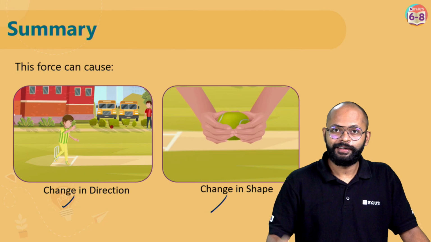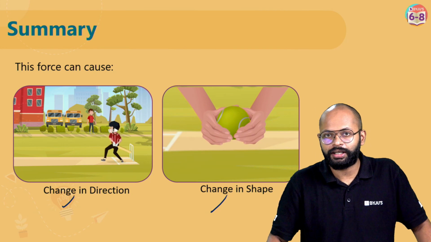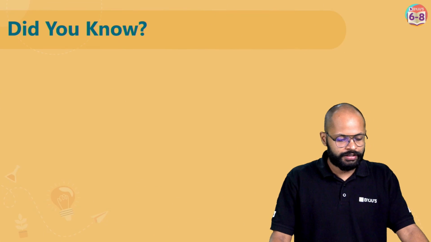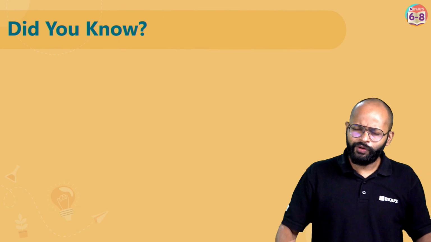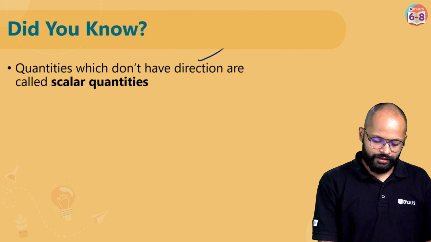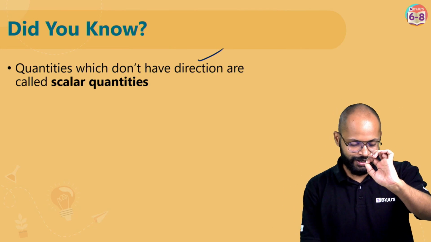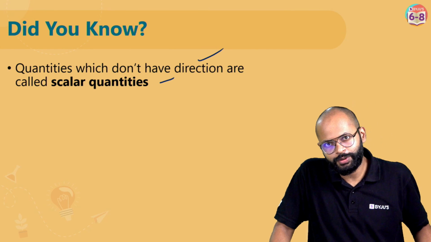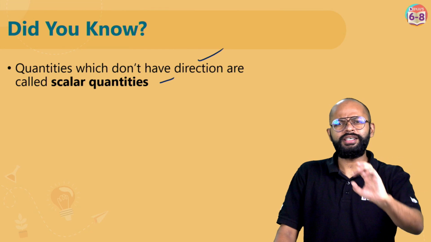The reason we tried this thing with the clay ball is because we wanted to see if the shape can change or not. That's why, right? So, let me ask you something. If you understood all these, let me ask you one small thing. First, let me tell you, right? Quantities which don't have direction are called scalar quantities because we know the vector ones, and scalars are just opposite to them. They just need a magnitude.